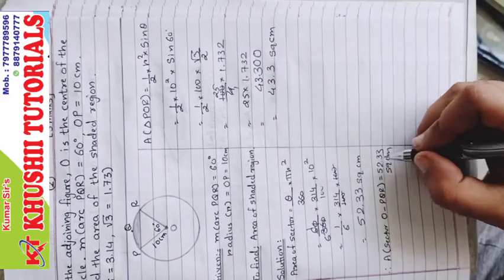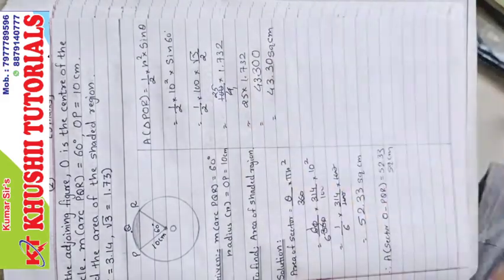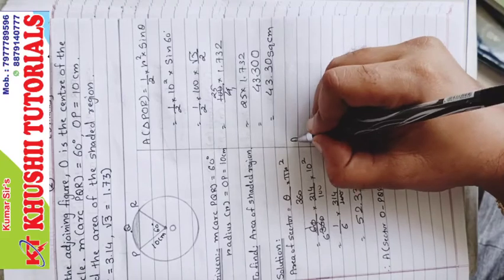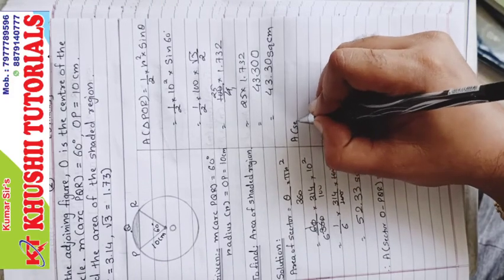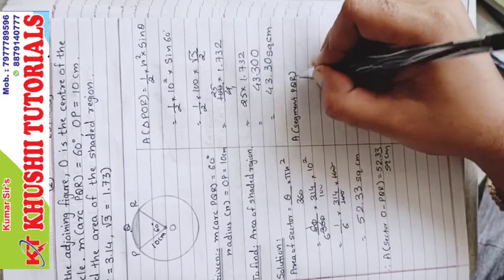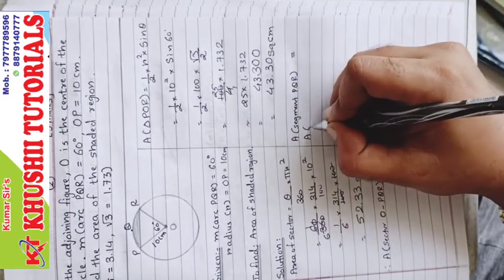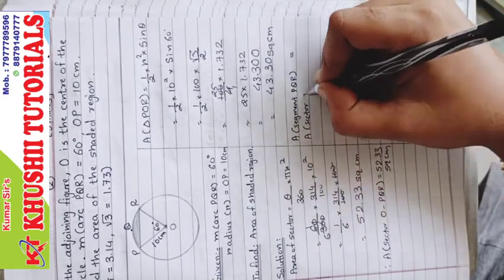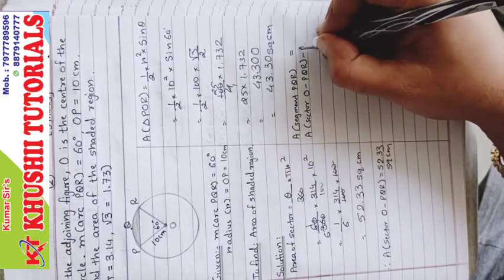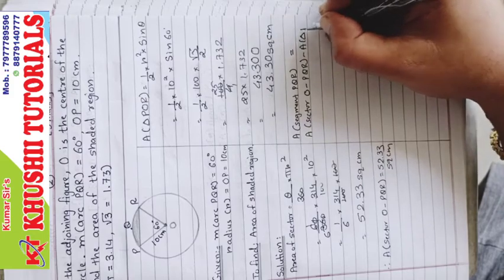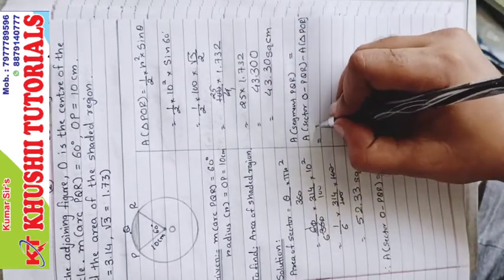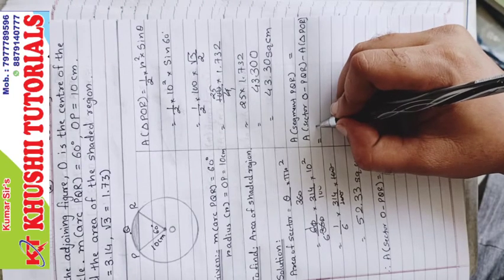Square centimeter. Here we have that till 2 digits, so here also we will take till 2 digits. Area of triangle we got. Now area of segment PQR equal to area of sector O dash PQR minus area of triangle POR,